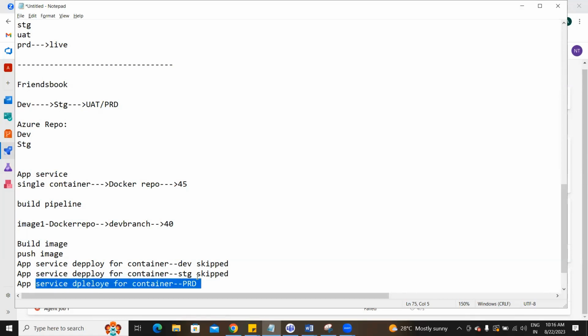Your choice. Okay. Basically, in real time, people will go with dev, stage, production, UAT, four environments. But it depends, some organizations will not go for UAT. They'll directly go for dev, stage, and production. Some environments will give the QA also: dev, QA, stage, then production. It depends. You can create multiple. How many times will you create? How many services do you have to give here?